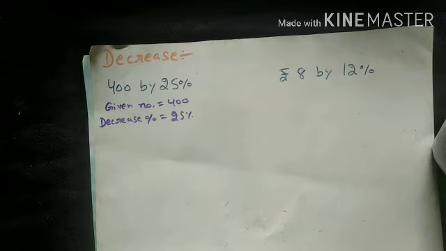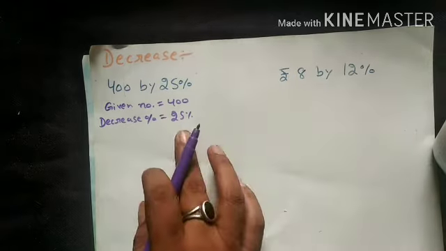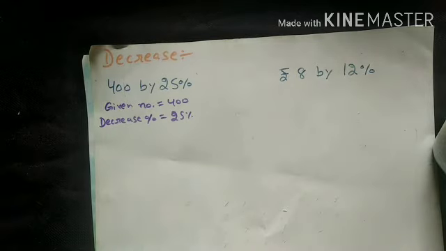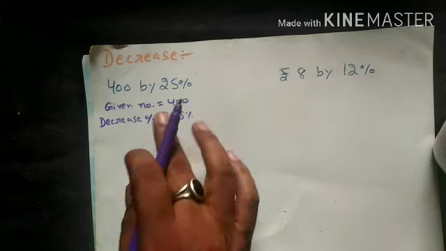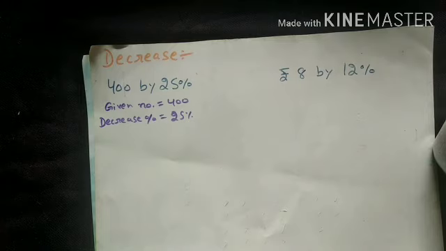Okay student, as you know, increase or decrease of a percent depends upon 100. Percentage is always counted over 100. So it means that if we are decreasing 25%, then for every 100 we are going to decrease 25. But here the total is not only 100, here the total is 400. So for every 100 if we are going to decrease 25, then how much decrease will we have from 400? So we will learn here.